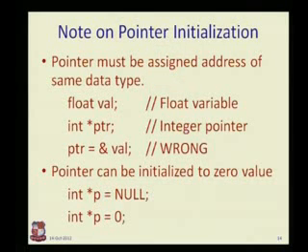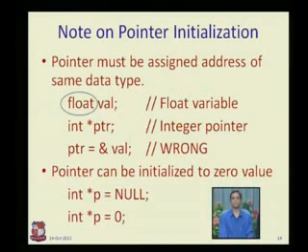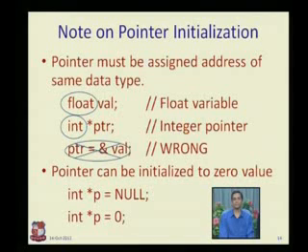Val is a variable with the data type of float, and there is another variable that is an integer pointer. Now I have done ptr is equal to ampersand val, means the address of val is assigned to the pointer. Now this is wrong. Why is this wrong? Because the pointer must be assigned the address of the same data type. Means if